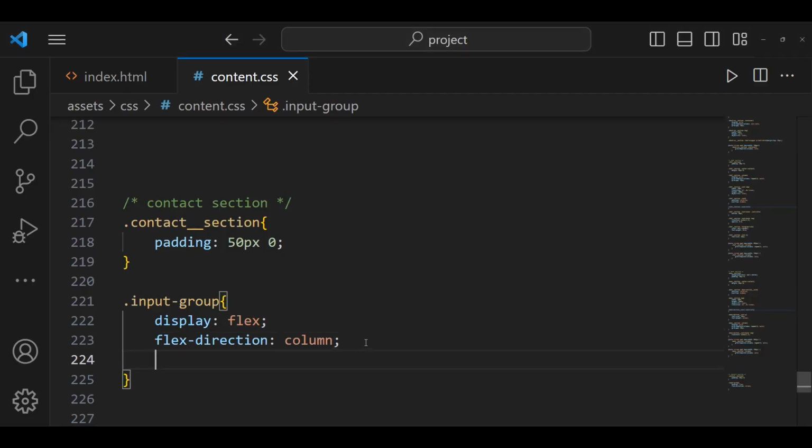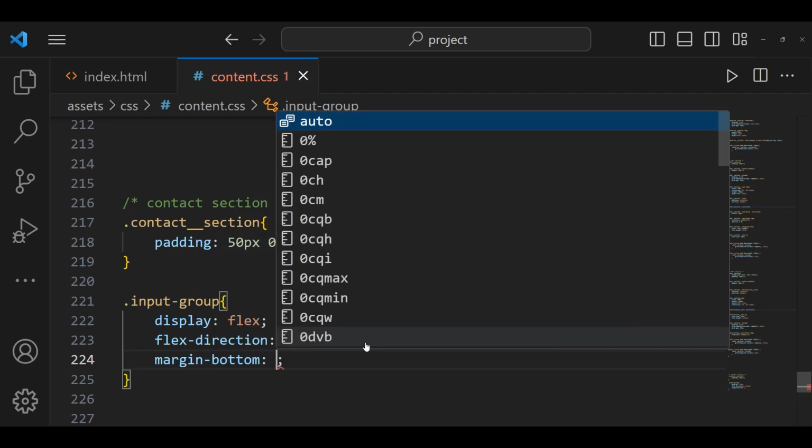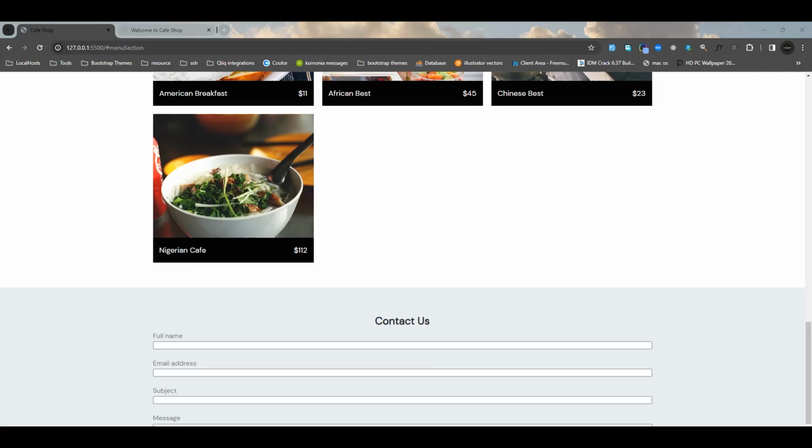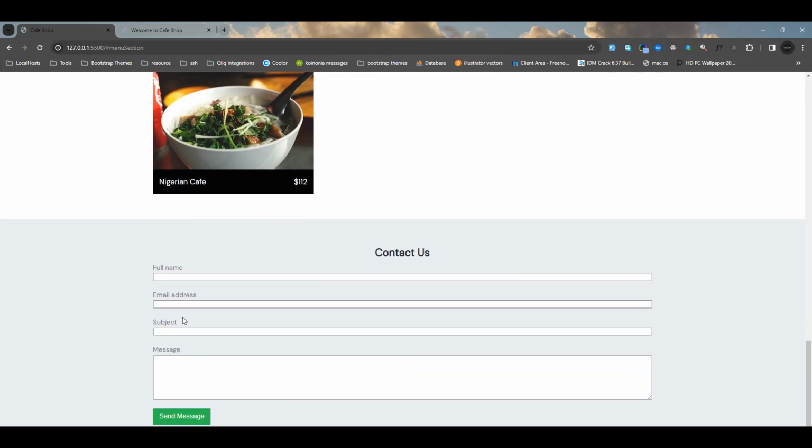So margin button, we give it a margin button of 20 pixels so that it will have some space at the button. Okay, so this is the margin button, the subject, the message, everything is working very good. So let's move on. So in continuing, what we can do is we simply have to take out the border